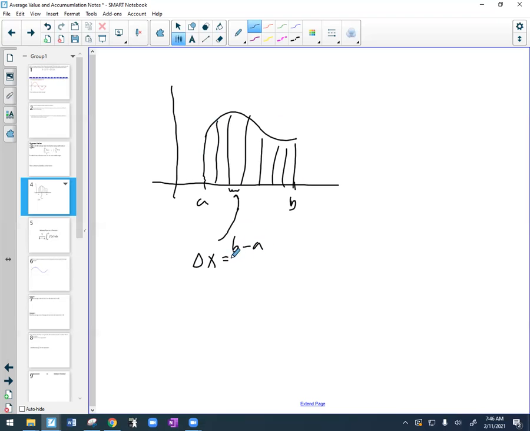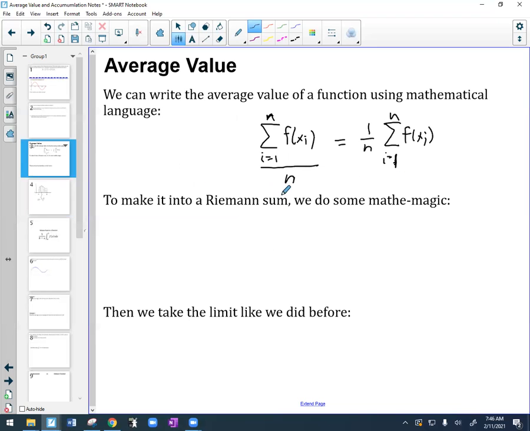I showed some people this formula, not everybody needed it, but it's like candy. This is b minus a is the distance here, n is the number of pieces I divided it up into. So delta x is b minus a over n. So I bring that up because I'm going to do a little manipulation here. First thing I'm going to do is put that 1 over n I had on the outside, I'm going to put it on the inside,